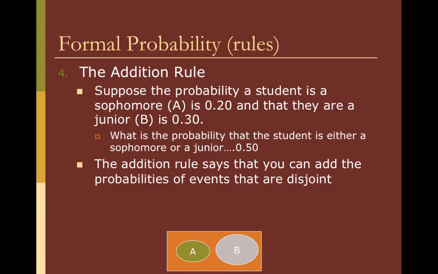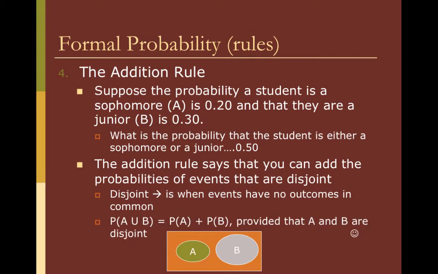So you can't be both a sophomore and a junior, so those are disjoint events. Again, disjoint is when events have no outcomes in common. Using proper notation, we have the probability of A or B. The U symbol, without a tail on the U, means or. So this symbol right here is or. So A or B is equal to the probability of A plus the probability of B, provided that A and